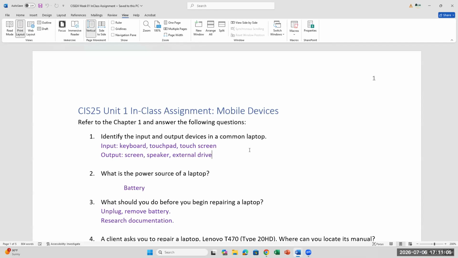So we know that this is your input, your keyboard, your touchpad, and then your output is your display. In most laptops, the highest cost outside of the processor is the display. So if your screen is broken, it's going to be high cost, right? And so in a laptop,